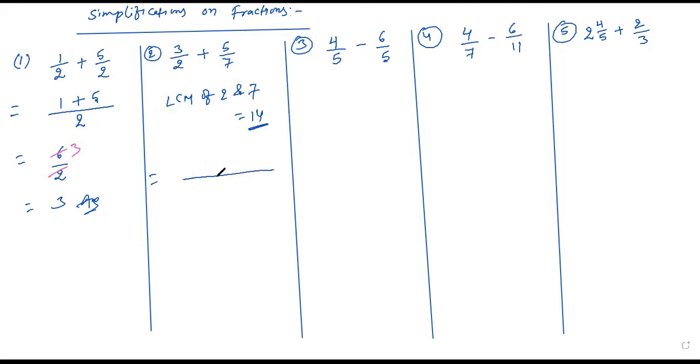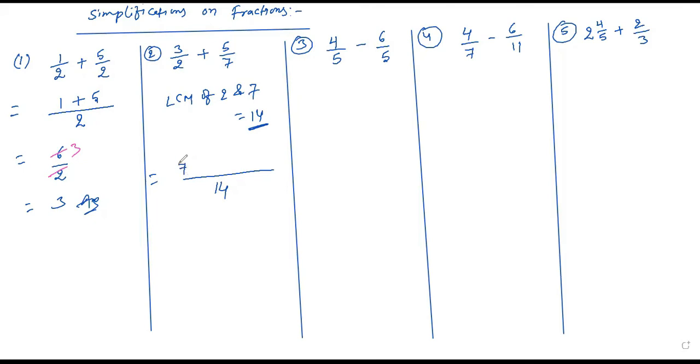Now draw the line. Above this line we write the numerator value, and below this line we write the denominator value. So our common denominator now is 14. This is the first fraction, this is the second fraction. The denominator of each fraction will divide into this common denominator. First this 2 will divide into 14, then in the next step this 7 will divide into 14. Both denominators are divided into the common denominator. Now 2 times how many is 14? 7. So 7 into 3.